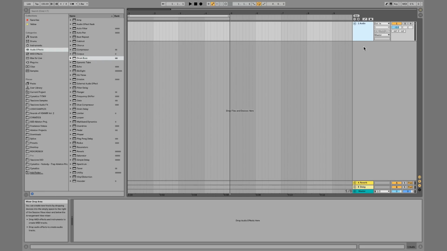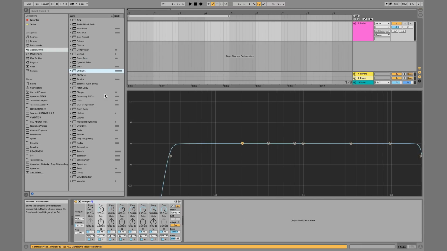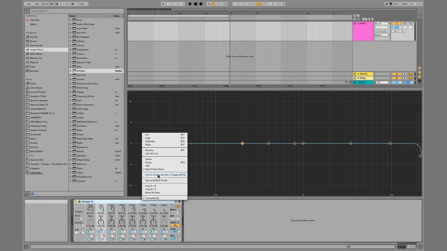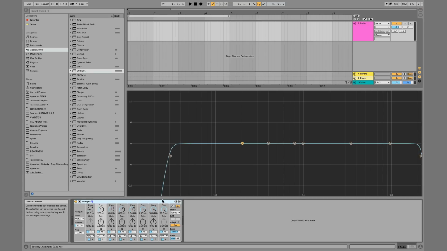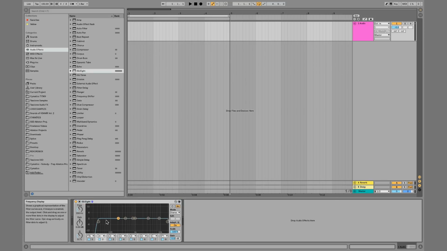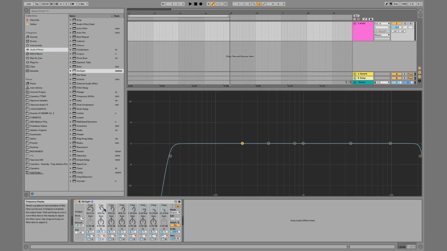All right, so the next thing we're going to go into is the improved audio effects. There's only two that really come to mind here, and this is the EQ. And I have my EQ set up differently, so maybe I can go... No, this is just how my default EQ is set up. But the only difference about this is that